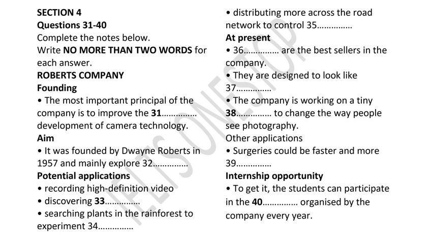The cameras produced by Roberts have a multitude of potential applications that are currently being explored. One of these is an anti-gravity camera that they aim to attach to a space satellite from where it will record live, high-definition video and provide fascinating new views of planet Earth. It could also prove useful in exploring other planets by providing researchers with never-before-seen images of the universe. Roberts are also experimenting with attaching the cameras to small drones that will fly through the rainforest in search of plants that could be used to develop future medicine.